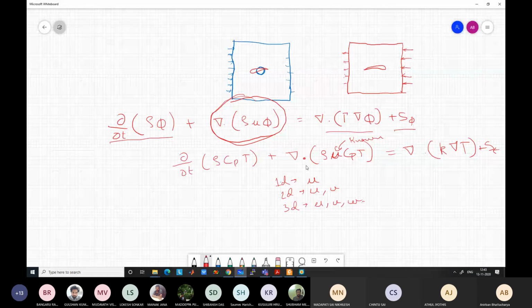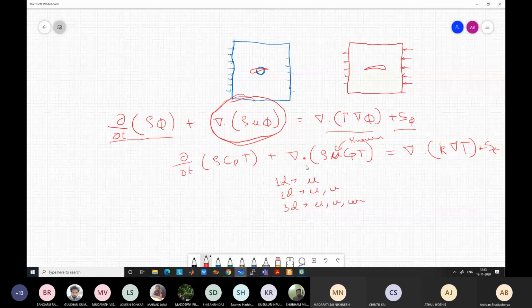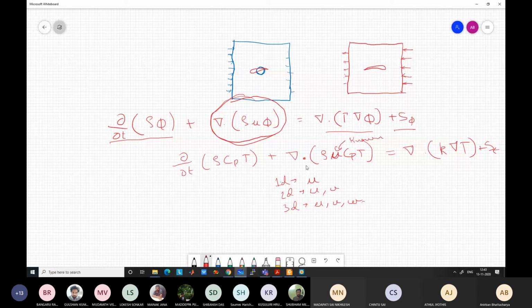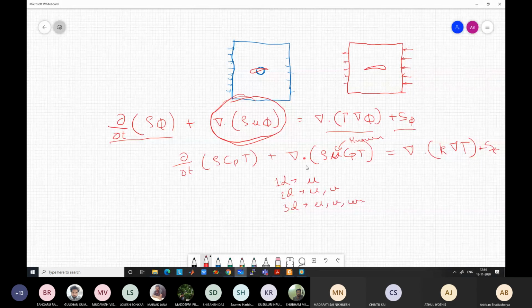After that, we will see how to actually calculate the velocities by solving the Navier-Stokes equation, which is tricky, as those who have already done a CFD course know. The momentum equation solution is much trickier for multiple reasons. One is that the momentum equation is non-linear. These other equations are not non-linear, unless some parameter like k or S or density becomes non-linear. But the momentum equation itself has coefficients which also contain the velocity, like u dot del u. So they are non-linear in nature.